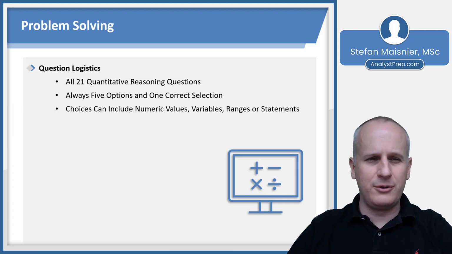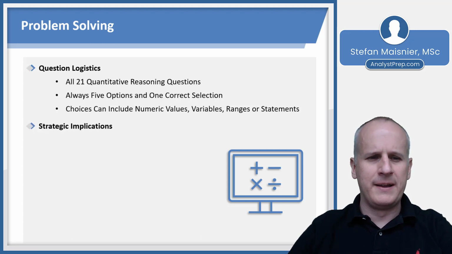The choices can include a bunch of different things. They could be numeric values, variables, ranges, statements. They could even involve these Roman numerals if they want to make it a little bit more complex, asking you to determine which of those statements of Roman numerals are true or false. So there's a lot of different ways that they can organize the 5 options, but there's always 5 options in